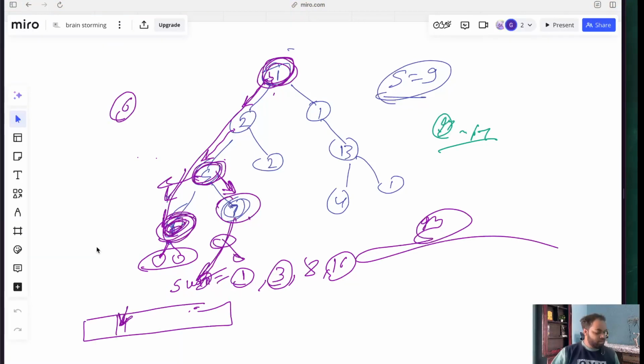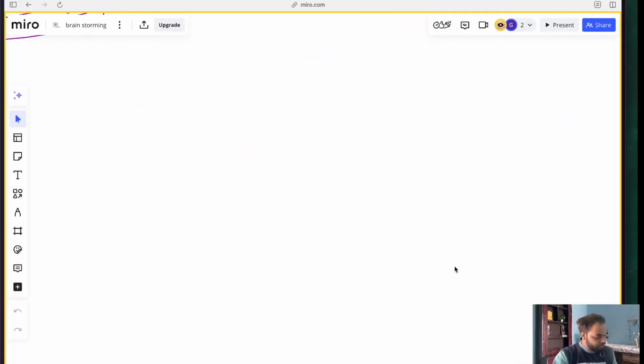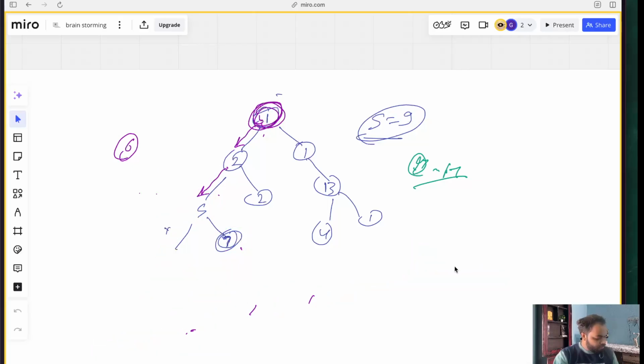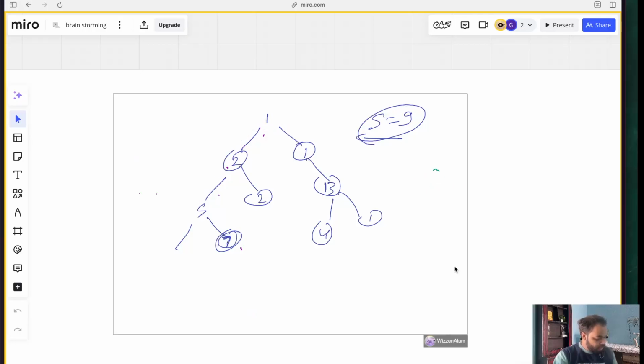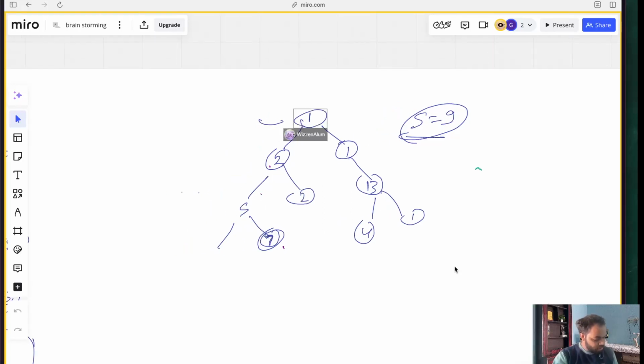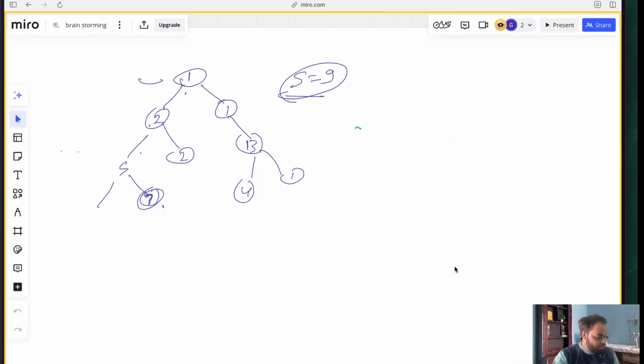Moving here. If you see this, earlier it was mostly the same problem. Now we need to remember the path also. That's the only change here. Other than that, nothing else changes. So what I will do,